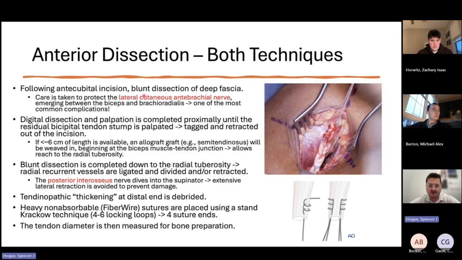And another nerve coming in here is the posterior interosseous nerve, which dives into the supinator. So again, within this field that you're working in, that's another reason why lateral retraction is really avoided. And damage to these two nerves is some of the most common injuries you see. I know at least with the lateral cutaneous, it's been reported upwards of like 15% of cases